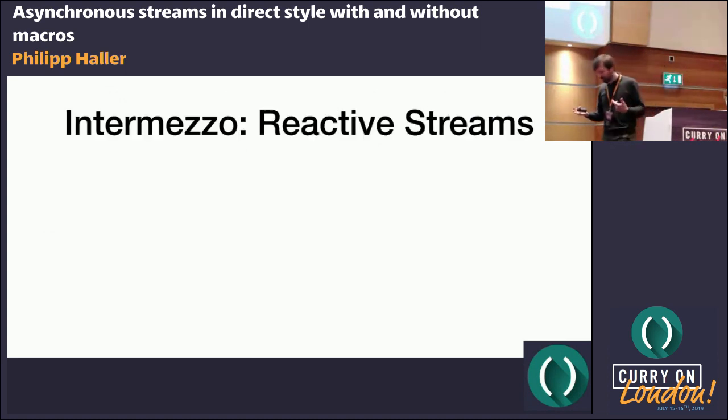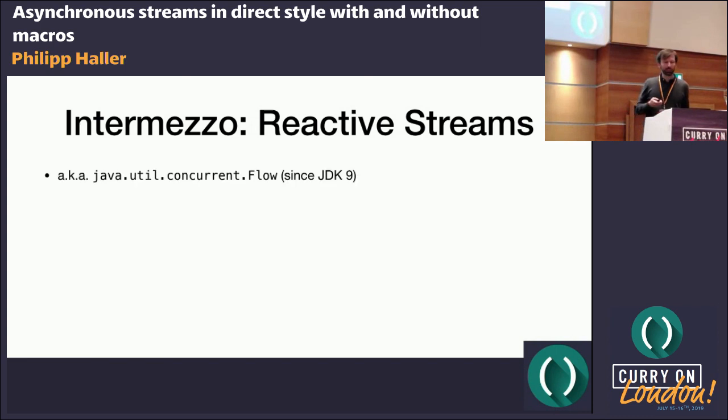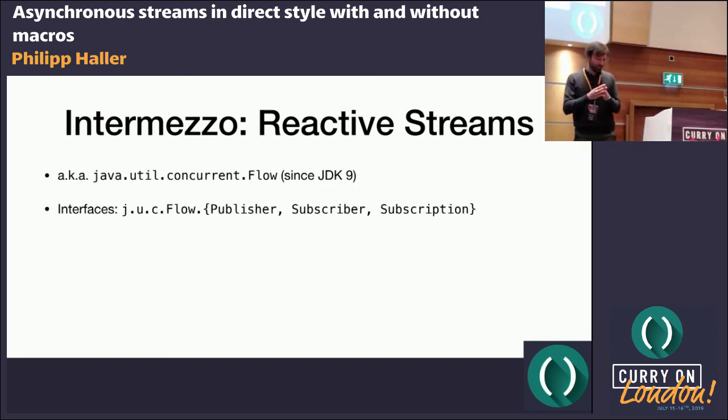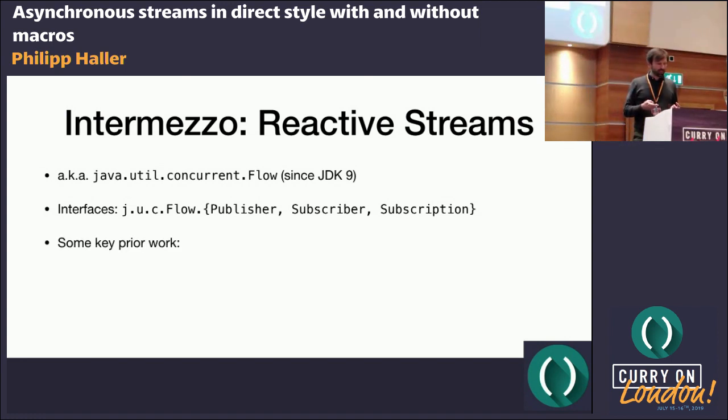Well, let's first talk about streams. There's an effort called Reactive Streams, which I think is interesting, which builds on earlier work on what is called Reactive Extensions. I'm just going to give you a quick overview of this model. This is actually also in the JDK now. It's essentially a small set of interfaces that have a protocol specified for how they have to be implemented.